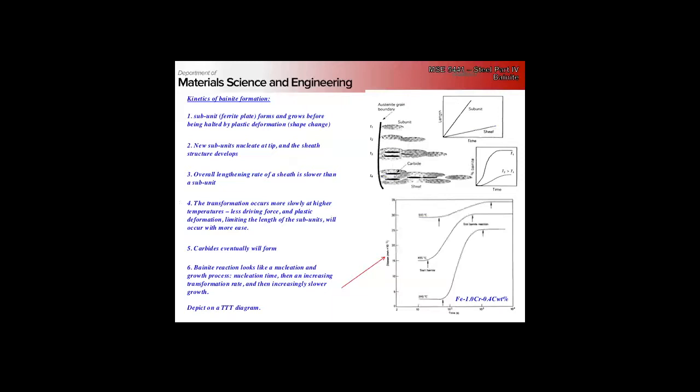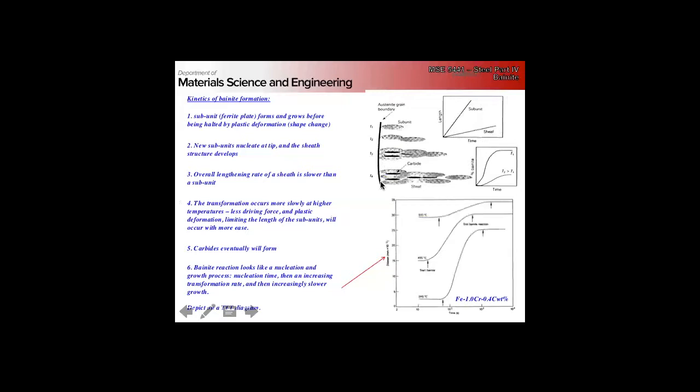This picture here is a little confusing because it shows the subunit rate here, and this is the sheath growth rate. Really, the subunit only gets so long, so then this should go to 0. It's sort of missing that fast rate then going to 0 because it halts. Okay, and then